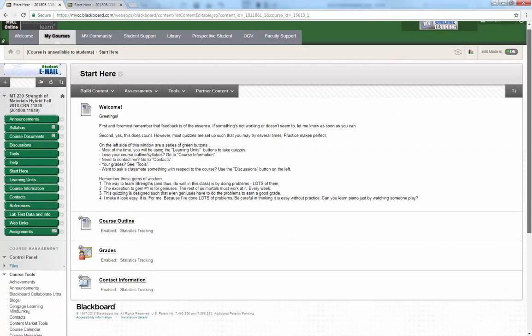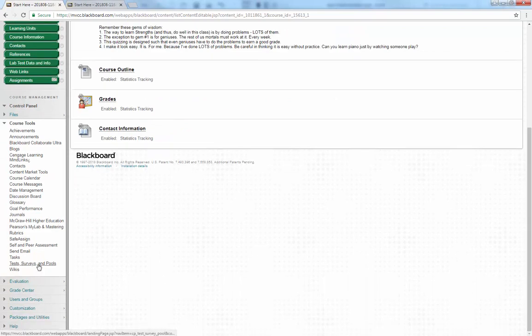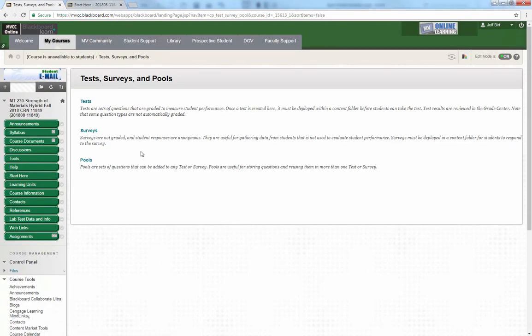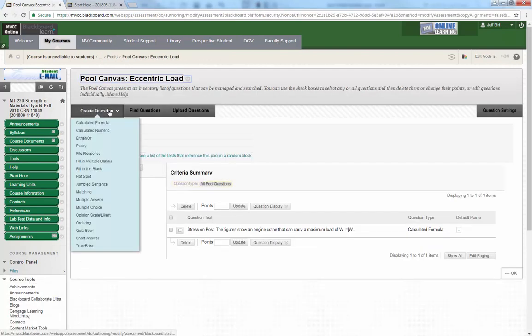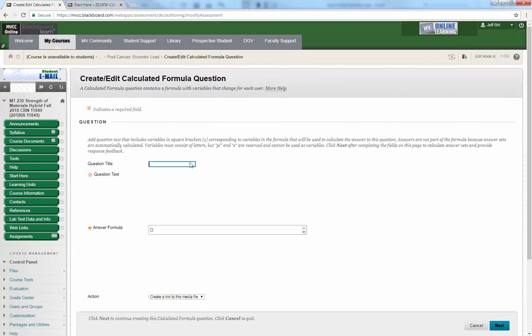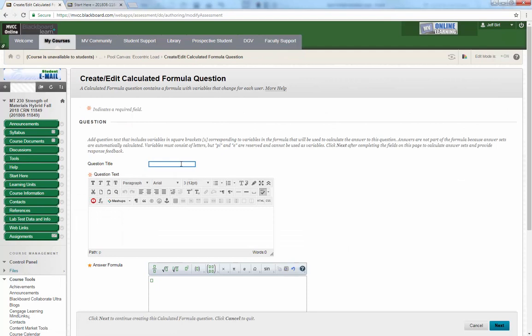So if I go down here to tests, surveys, and pools, I have a pool, and that's going to be this one here of eccentric load. I want to edit it. I want to create a question. I want to create a calculated formula. And the question title is going to be spot welder eccentric